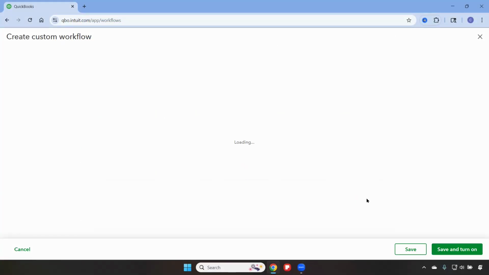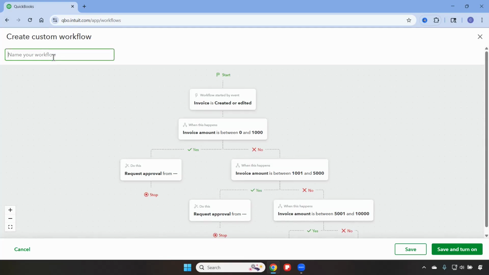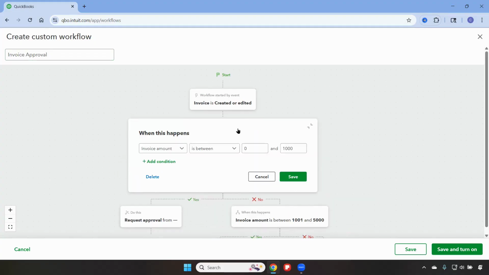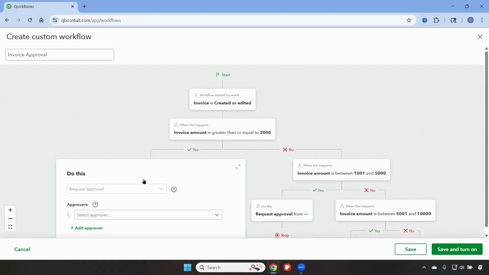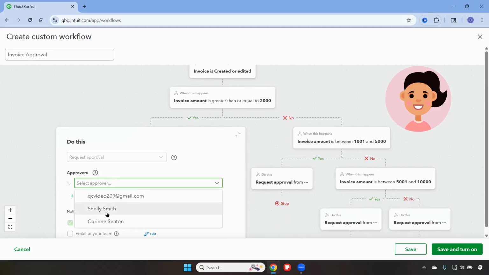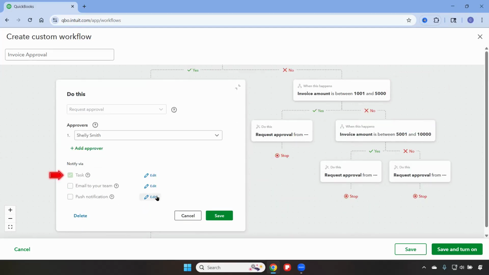So we'll click on Approval and then Next, and we'll name it Invoice Approval. So the workflow will start when an invoice is created or edited, and we're going to set a condition. So when the invoice amount is greater than or equal to $2,000, we're going to request approval from Shelly Smith, and she's going to receive a notification about a task in her QuickBooks Online account, and then we'll